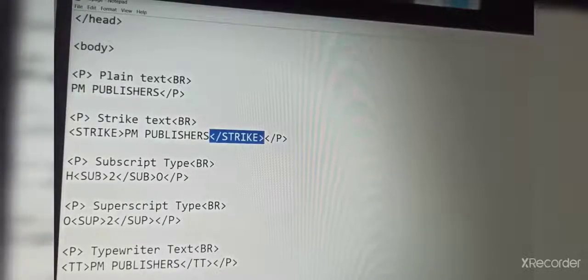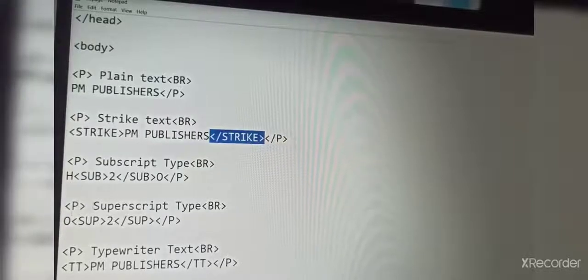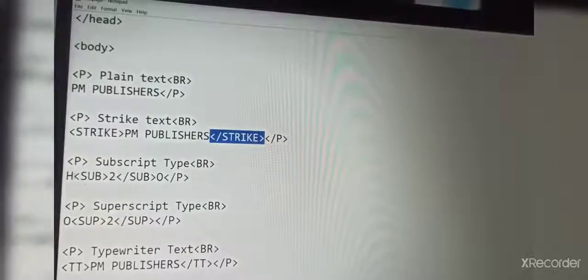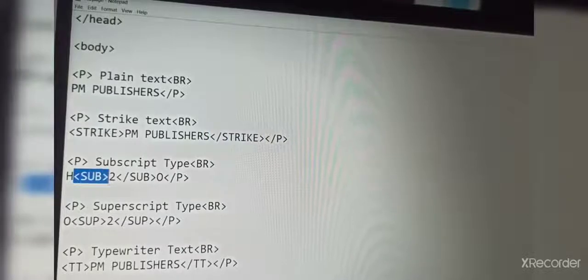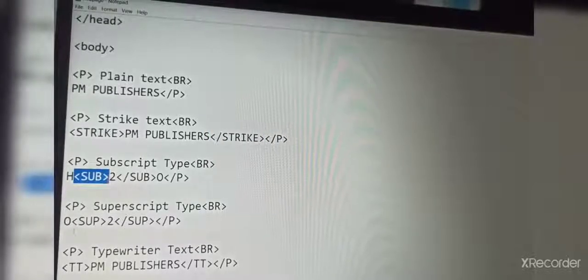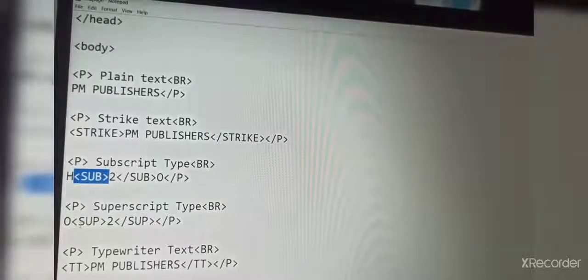It's called a subscript. Before 2 and after 2 we have written the subscript tag.